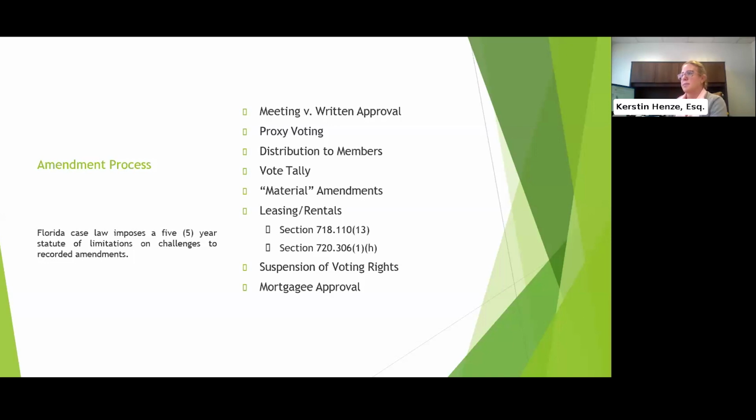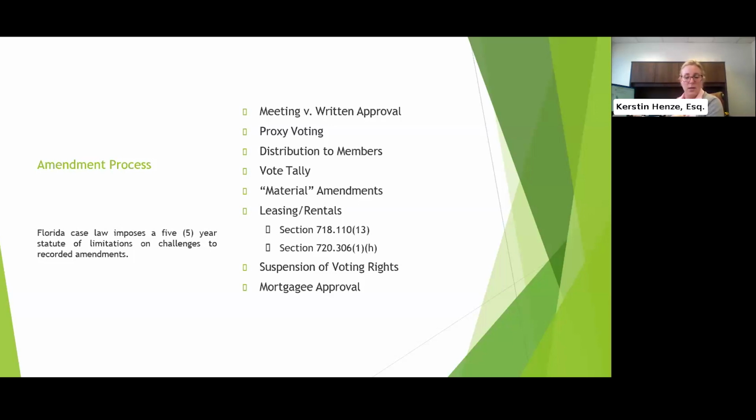Now, that's a relatively broad provision, and so quite possibly, any change to the governing documents could potentially impair the rights of mortgagees, right? So, for example, if you were to amend your documents to now require tenants to go through the approval process, and you have a mortgage company that just foreclosed and took title and wants to lease a unit, well, now that mortgage company, that lender, is subject to having their tenant screened by the community.